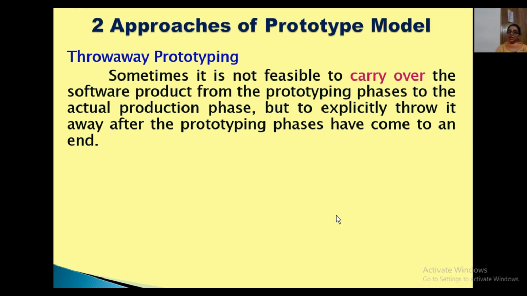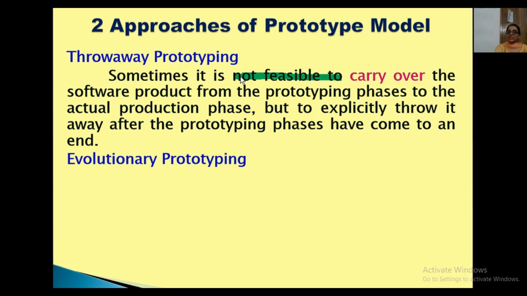We need to take up all the decisions and write them down, throw away that particular prototype, and we will be generating a new prototype. That means throwing the prototype away here becomes important, because it is not feasible to carry over this particular prototype. But all the functionalities of the end prototype, which is the final one, are definitely incorporated into the final product.